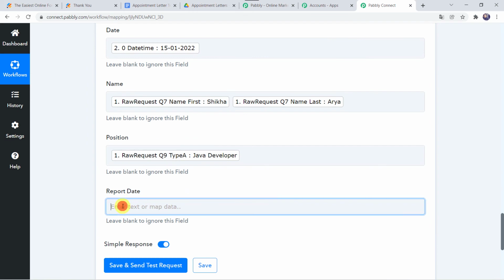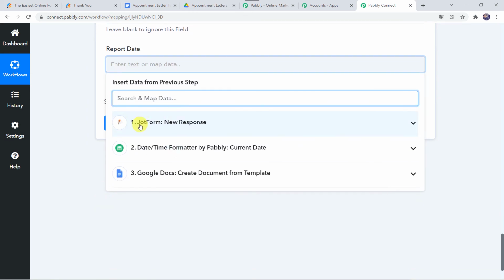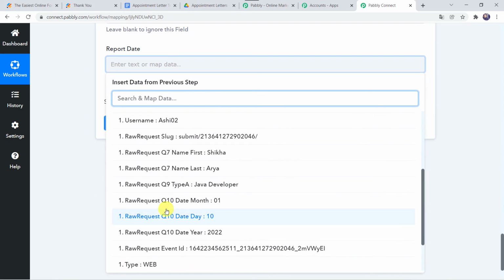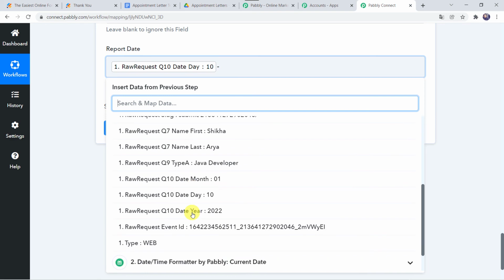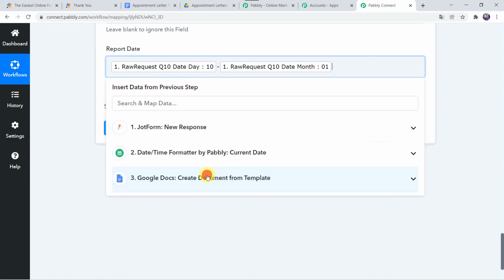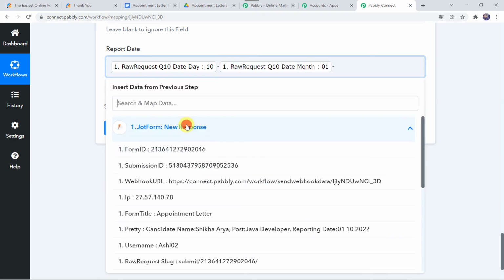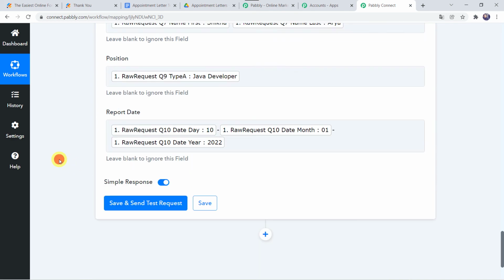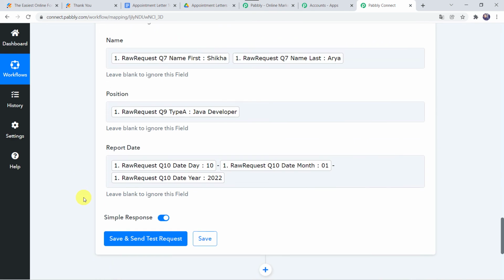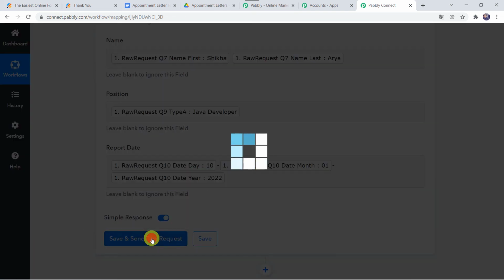And here we have to map the reporting date. So let us map it from JotForm, and we have got the dates separately. So first let us select the date. Okay, I'm just giving a dash. After that, let us select the month, that is January, and after that the year, that is 2022. Okay, so we have mapped all the fields over here. So now let us click on save and send test request.